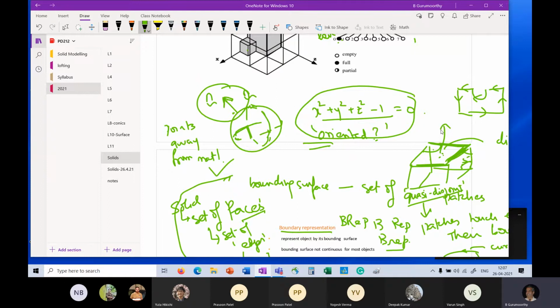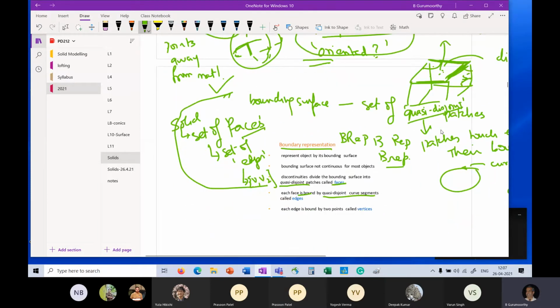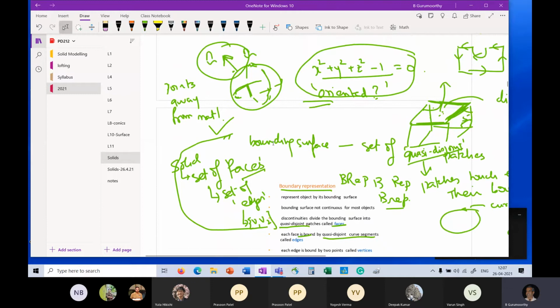And then we sort of broke this down a little further, saying that my objects don't have a single boundary, right? Rather, I have a bounding surface which consists of a set of patches on the boundary, right? And we introduced a qualifier to that, what we called quasi-disjoint, meaning that these patches touch each other only at their boundary. So if you go back and look at the example of the cube or the brick, I have a discontinuous bounding surface. It's not like a sphere anymore. I have 6 bounding patches, right? And each patch touches the other only at its boundary, namely the edge, right?